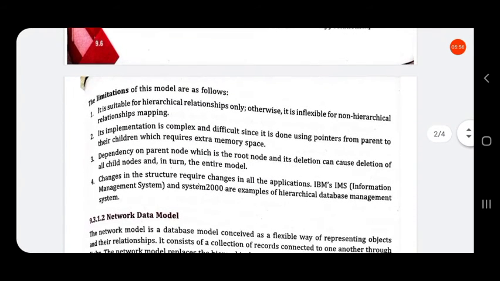Then let us see what the disadvantages are. It is suitable for hierarchical relationships only. Otherwise, it is inflexible for non-hierarchical relationships.